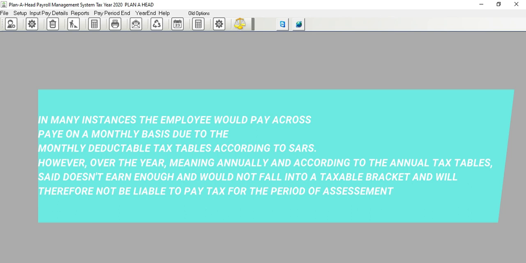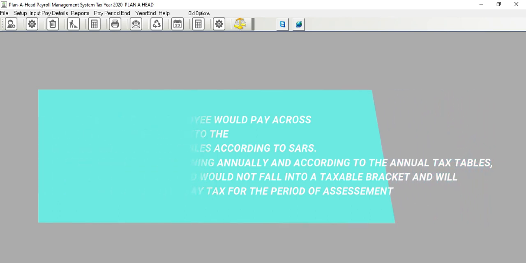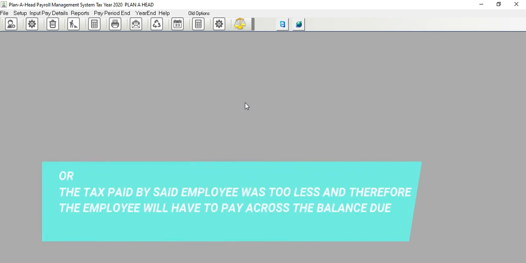However, over the year, meaning annually, and according to the annual tax tables, said employee doesn't earn enough to fall into a taxable bracket and therefore will not be liable to pay tax for the period of assessment. Or the tax paid by said employee was too little and therefore the employee will have to pay across the